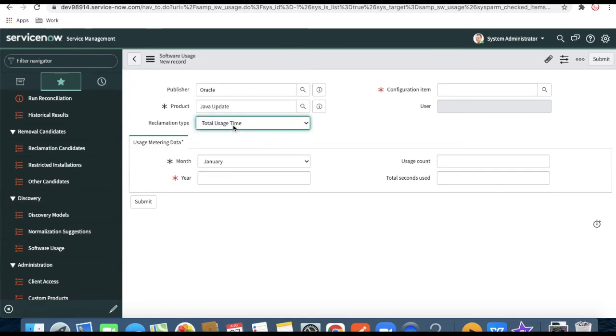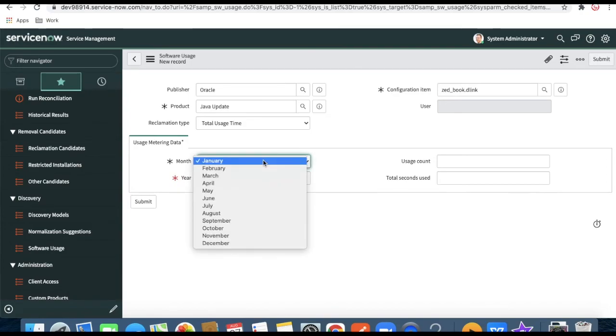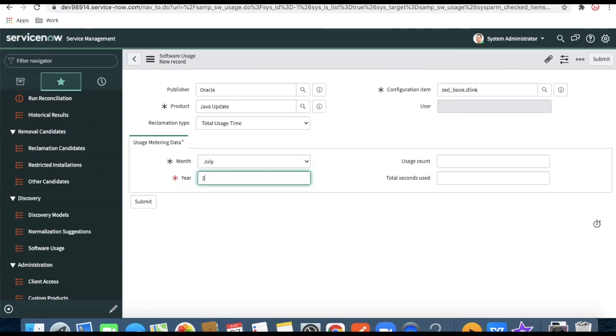We'll select total usage time, and here we need to put the configuration item. Then we have to put the month, because every month the data will be created here. In our case we'll put July, and the year 2021. Now for the users count, I'll put 1, and users seconds, maybe 300 seconds it is used.